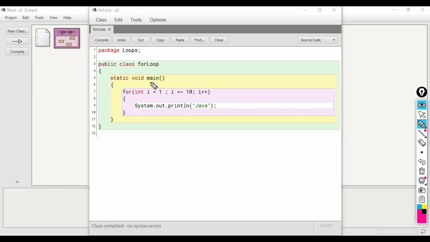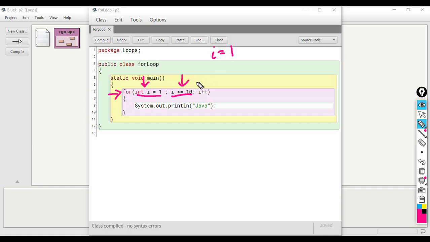So how does it work? First of all, the control comes to the initialization part. When the control enters the for statement for the first time, initialization will happen first of all. When initialization is done, that means when i is assigned the value 1, then the second step will be to check the condition.